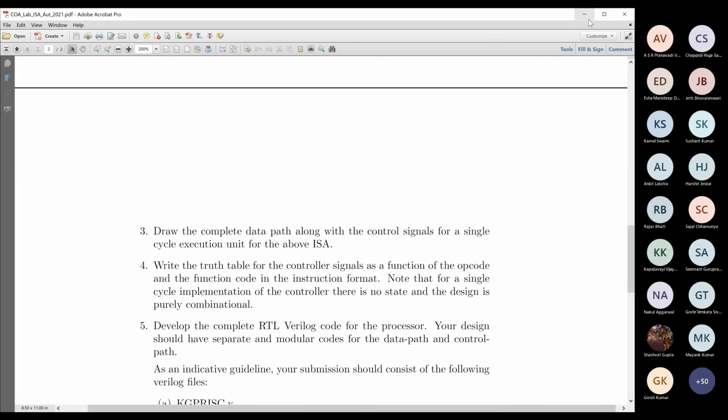The BRAMs are Xilinx-specific hardware instances, but you can directly instantiate them, block RAM. Have a look at the manuals, and as Professor DM said, on Wednesday we'll try to give you a small tutorial on how to instantiate BRAMs directly in your code and how to use them in your designs. And for the registers, your registers are one-dimensional flip-flop arrays basically. Since this is a 32-bit design, each register would consist of 32 flip-flops.